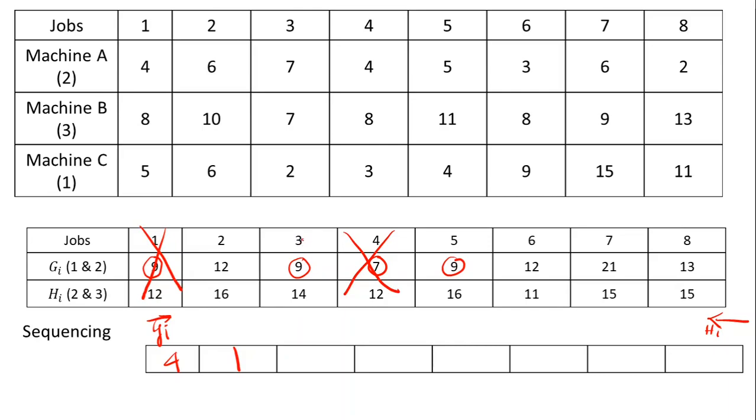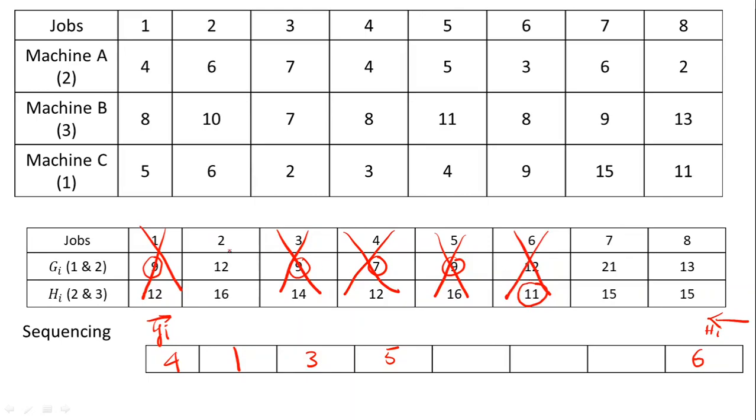Similarly, next is job number 3 in mission GI. So this will be filled with job 3, removing the column. Last one is job 5 in the mission GI. So this also can be removed off. So here also we're going to have 5. Next again we will be looking to the next least value, the third least value. The job that is present over here is 6 and the mission is HI. So here we are going to fill this particular 6. Once that is done, this particular column also can be removed.